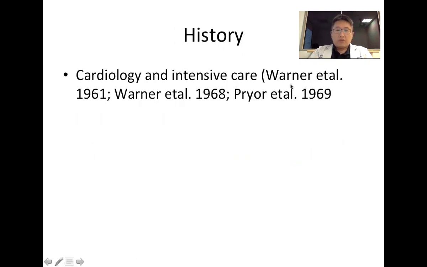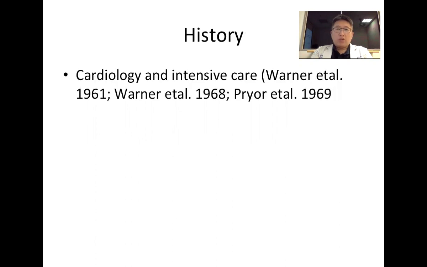The first version was by Dr. Warner. I think the full name is Homer Warner. He was also the advisor of Professor Jack Ujran at that time. He passed away a couple of years ago, at the age of 90 something. He was kind of an old guy, and he was a cardiologist.